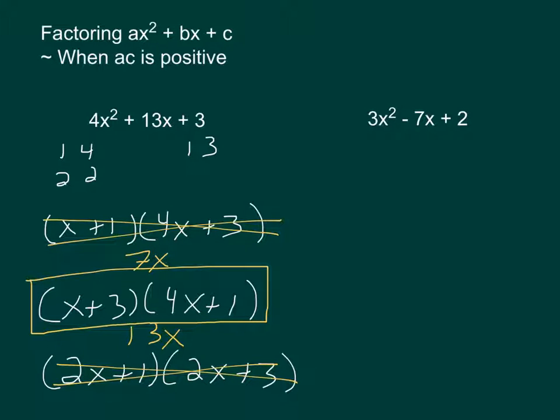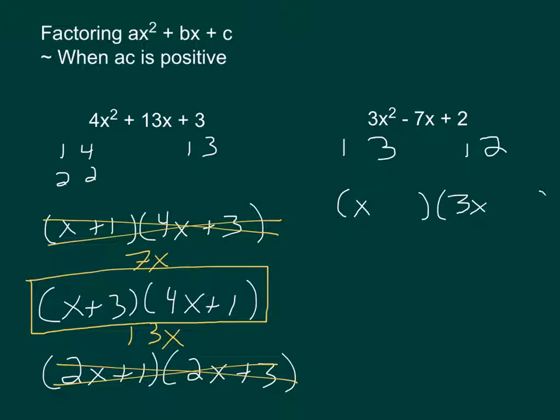We can follow the same process to factor 3x squared minus 7x plus 2. Once again, I want to think about the factors of 3 and the factors of 2. This is actually even a little bit nicer than the last time, because the only way to multiply and get 3 is going to be 1 and 3, and the only way to multiply and get 2 is 1 and 2. So we're going to set up our candidates here, and we're going to say that we're going to have either 1x